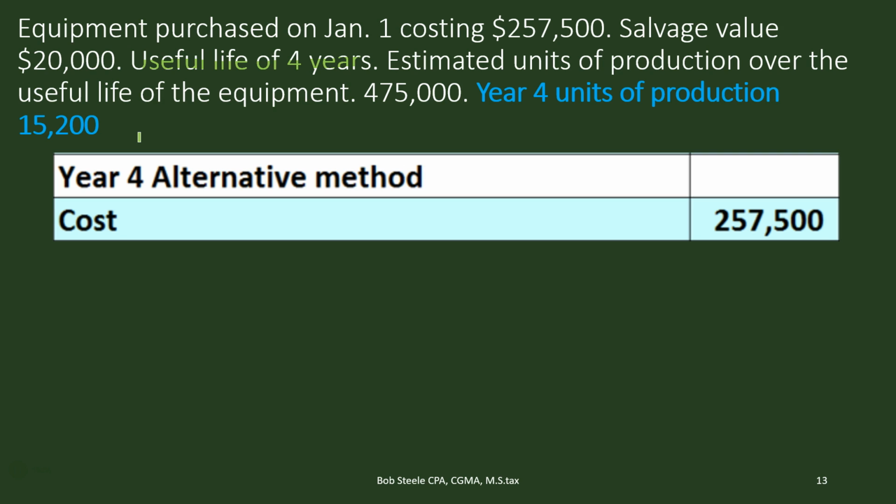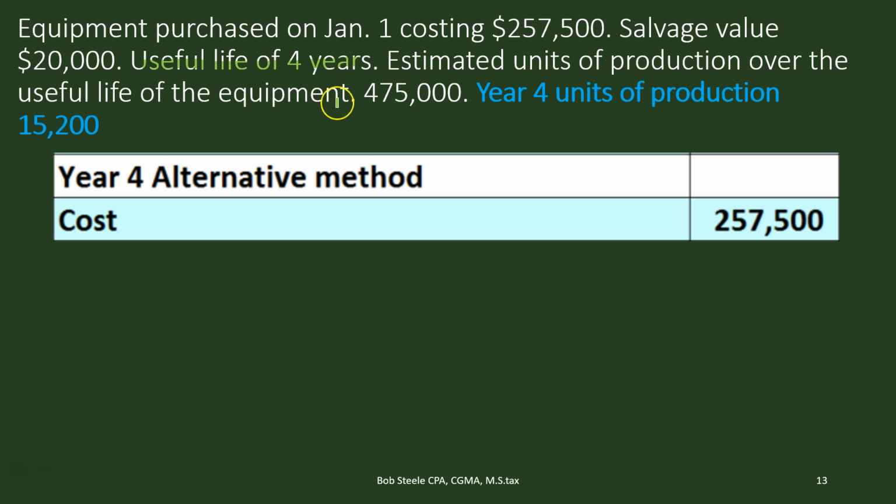It doesn't work out perfectly, the math, unless we happen to produce exactly 475,000 pages and then the printer just died. That's the only time that the math would work out perfectly, and obviously that's not going to happen because this is just an estimate. So at the end of the final year, what we will have to do is say, okay, we're just going to do whatever we need to do to plug it so that the book value ends up at the 20,000